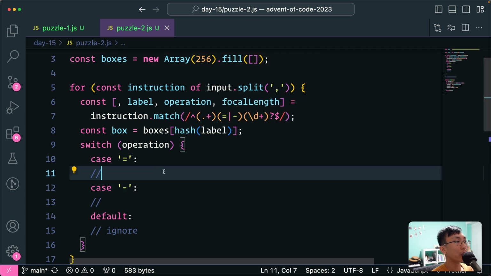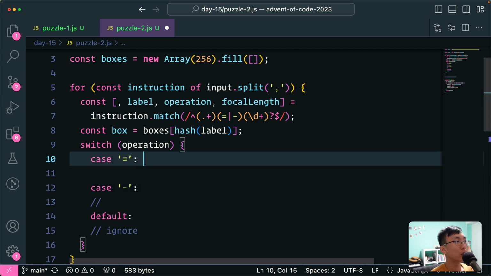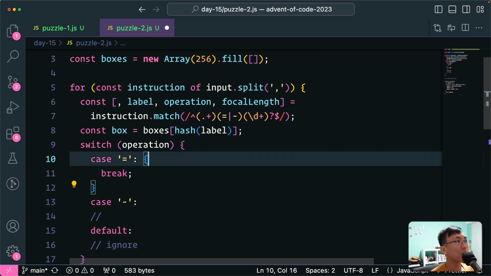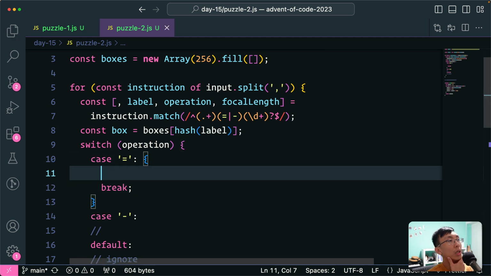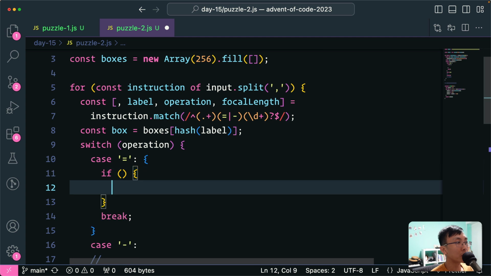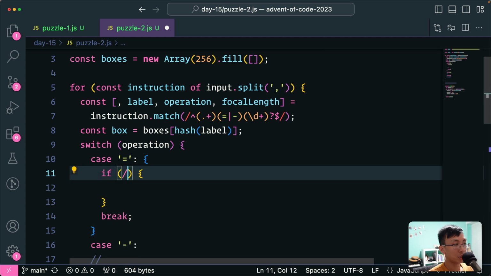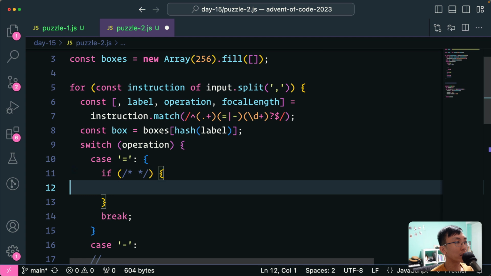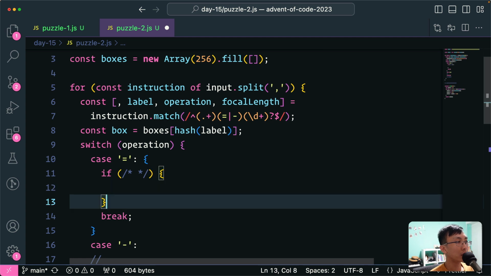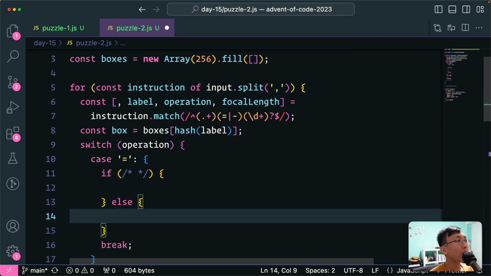And then if we have an equal sign, we are going into finding. We're gonna go in the box to find any item that has the same label. Right, we're gonna find something that has the same label, and then if we can't find it, then we're gonna